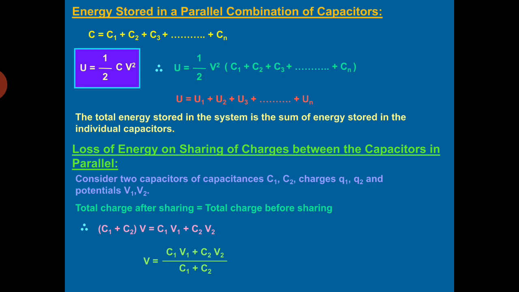So what is common potential? You can look at the formula. It is equal to what? C1V1 + C2V2. It is actually the total charge, because C1V1 is the charge on the first capacitor and C2V2 is the charge on the second capacitor. We are adding these two charges, so it means it is the total charge in the numerator. What about the term in the denominator? It is C1 + C2, so it is the total capacity. So we can write common potential equals to total charge divided by the total capacity.